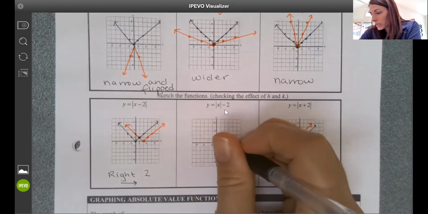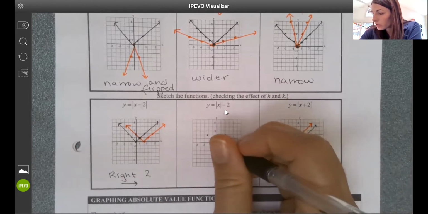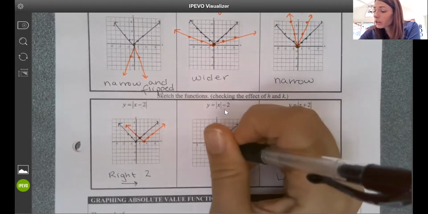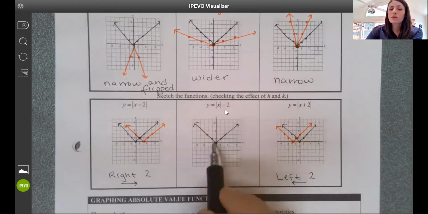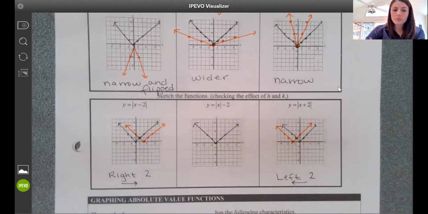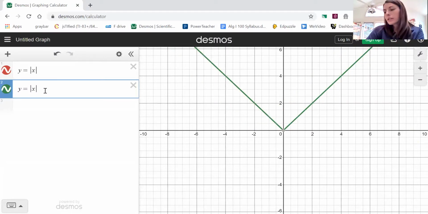So before going back to Desmos, let's draw in what we call a parent function, okay, the function we're always comparing it to, which is just y equals the absolute value of x. Okay, so there's my original graph. Let's make both of these the same. Okay, so I have y equals the absolute value of x. And if I subtract 2 now outside the absolute value,